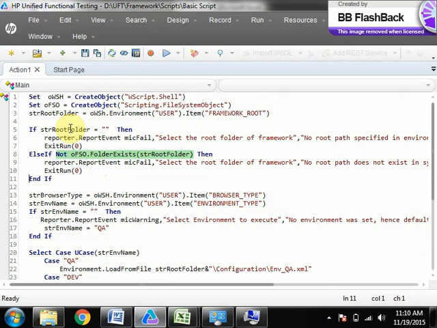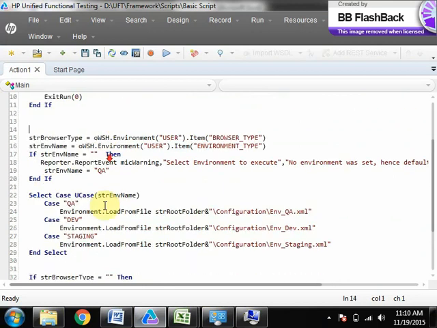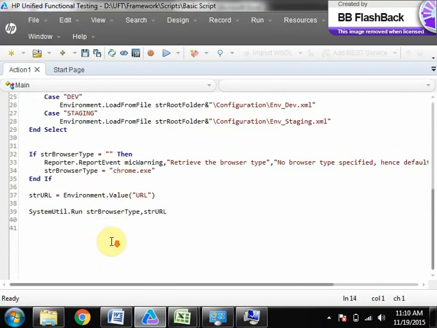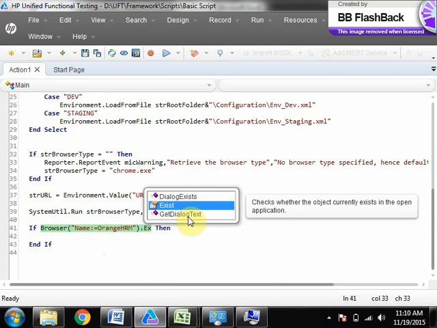So what you do now? This is for launching the browser, right? All this is launching the browser. If Browser of name equals to Orange HRM dot Exist.